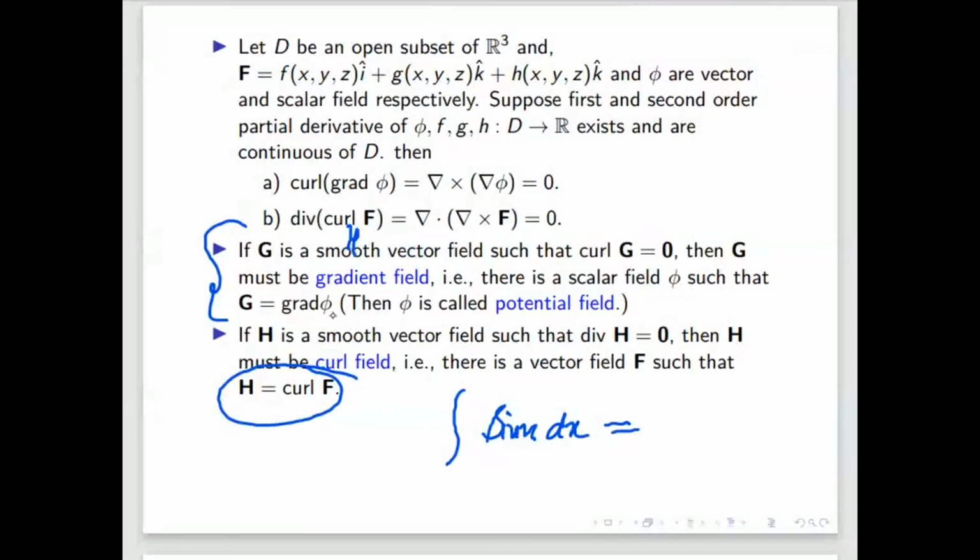Minus cos x. So if this is small f, this is capital F. So what can you say about small f and capital F? Can we say that the integration of small f is capital F, that means the derivative of capital F is small f. So one is called derivative, one is called antiderivative. So derivative is minus cos x, its antiderivative is sin x.